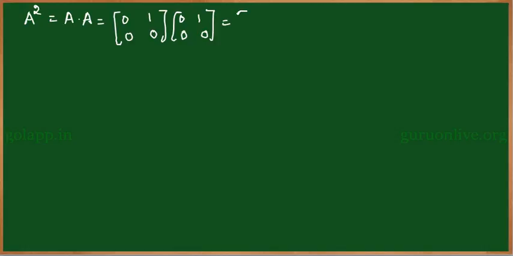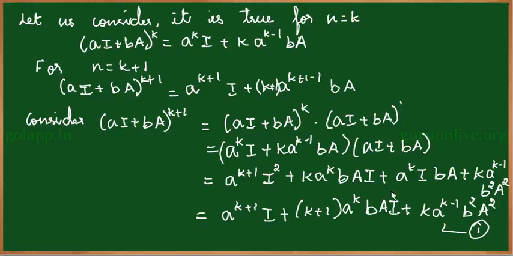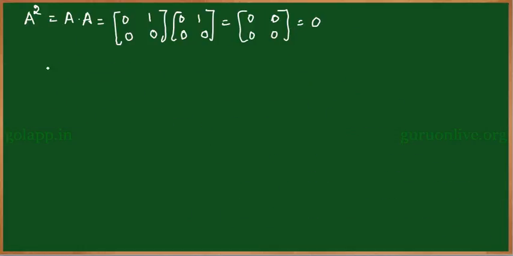On multiplying this, we get [[0, 0], [0, 0]], which is a null matrix, equal to 0. If A squared is equal to 0, the term with A squared in it, a^(k-1) b squared A squared, will become 0. So 0 into anything is 0. So we are left with